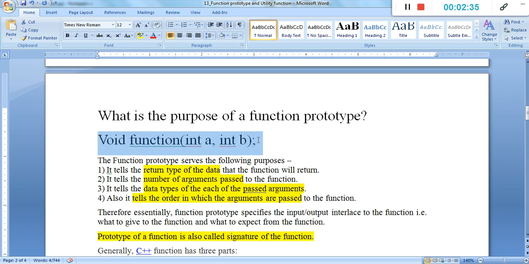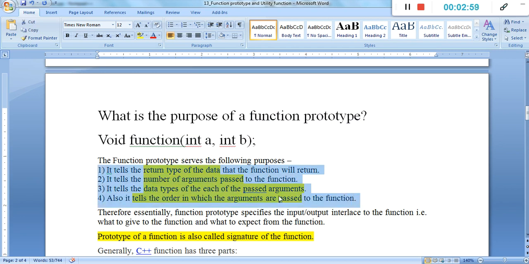This information about the function is known to the compiler. At the starting of a program we define this function and end it with a semicolon, and that particular line we can call the function prototype.